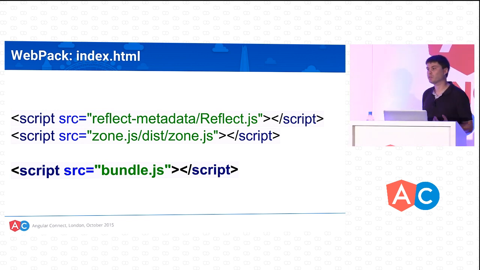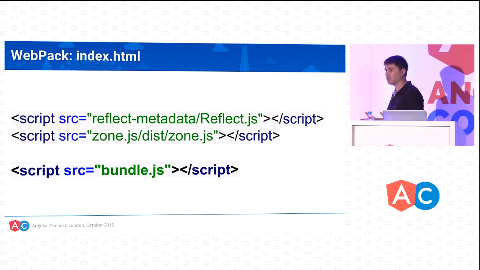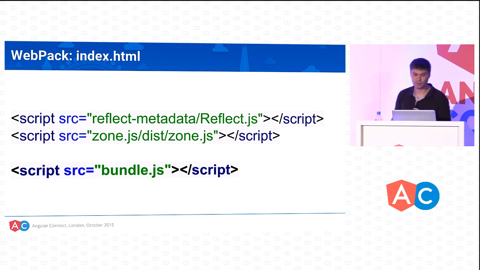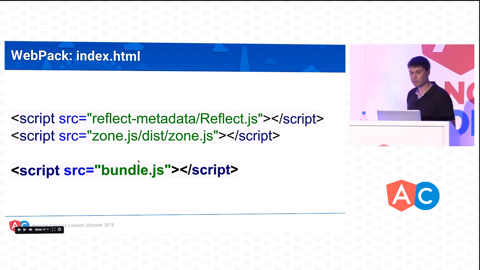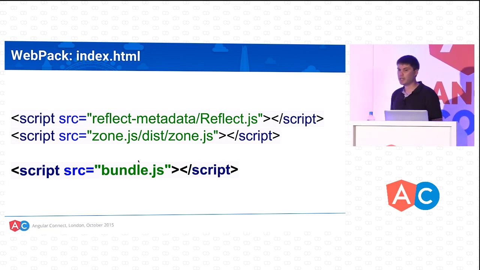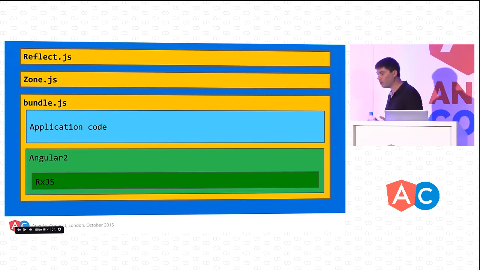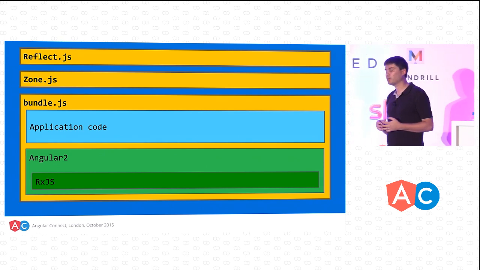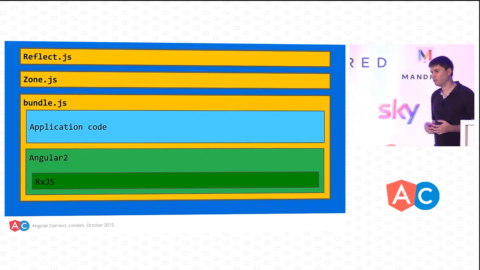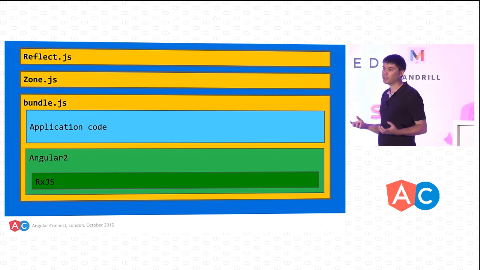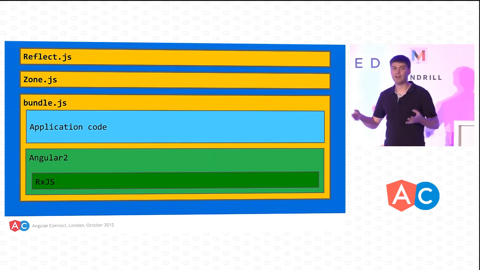It's simpler, right, compared to SystemJS, because I don't have to configure the loader. There is no loader. So what we are doing here, we are using just regular script tags, including our dependencies, and including a bundle. Now, what is in this bundle.js? Well, the only reasonable setup that we can have today with tools like Webpack or Browserify is the approach where we bundle everything, like our application code, Angular code, and dependencies into one gigantic file.